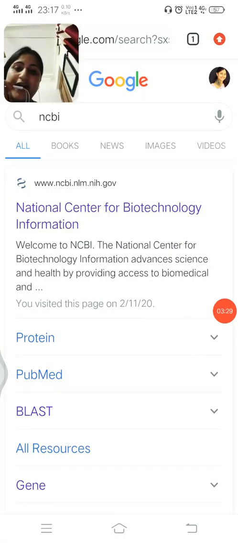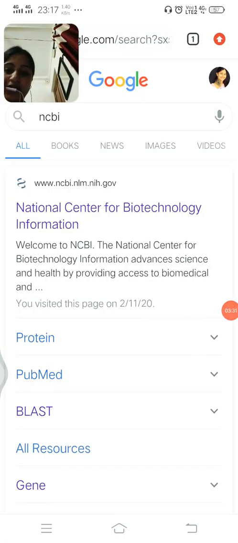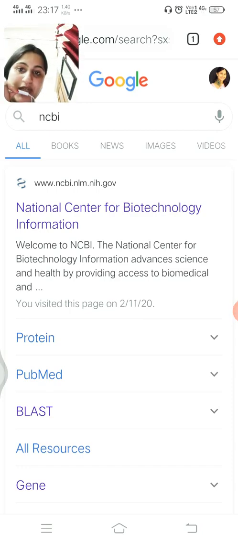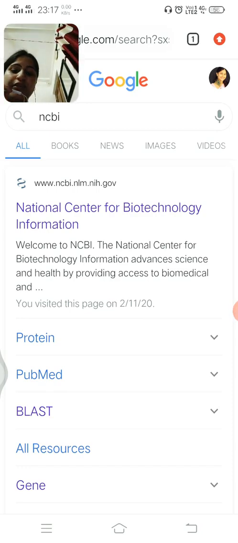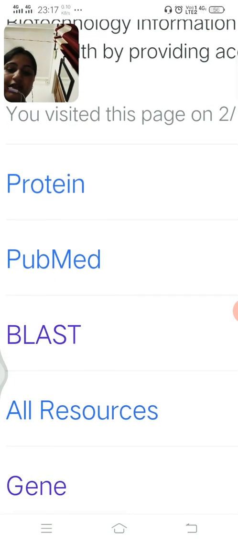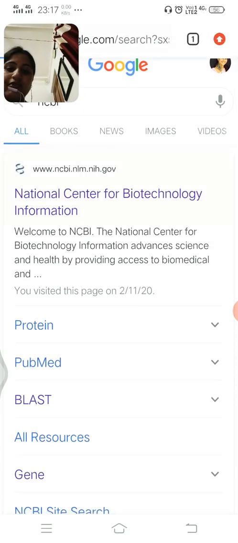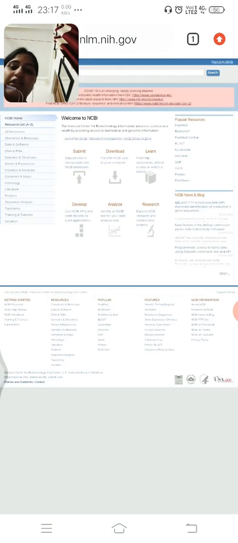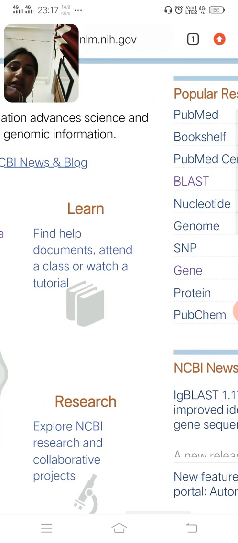So students, you can do two things. You can either go to NCBI and search for the BLAST option like we did, or you could go directly to the BLAST option at the search place only. Okay, so you can see this option comes here, or the long route is to go to the site and then go and click on BLAST.